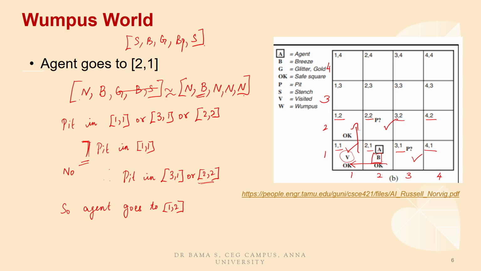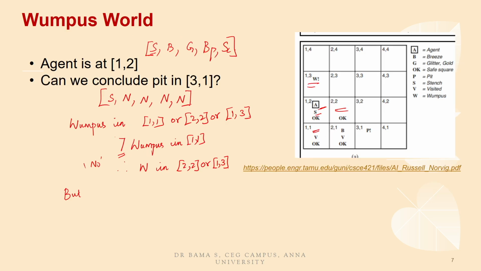So, the agent also knows that if there was a bumpus in this location 2 2, he must have felt the presence by the strong stench when he was there already in 2 1. He visited 2 1, and at that time there was no stench. So, if there is no stench, there is no bumpus also nearby. So, he concludes right now that